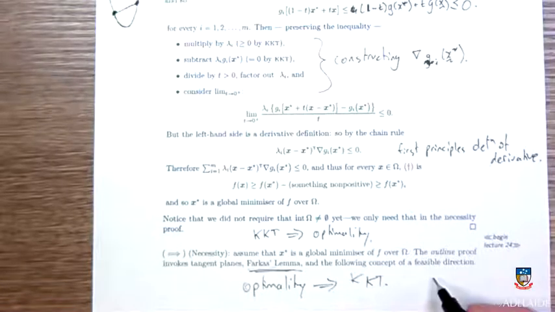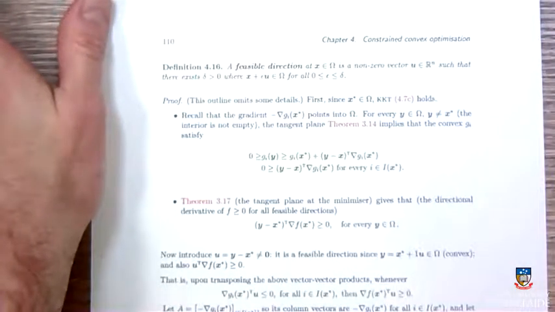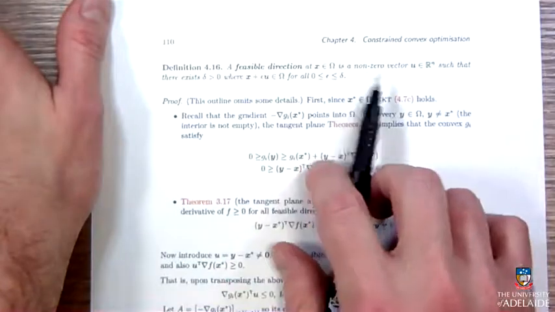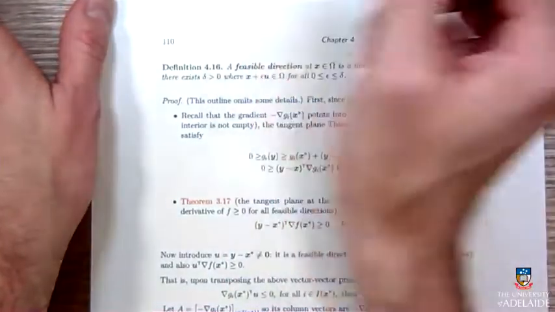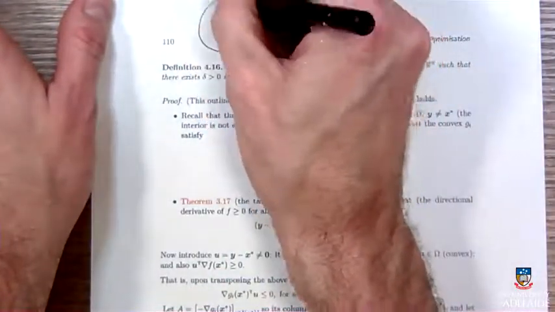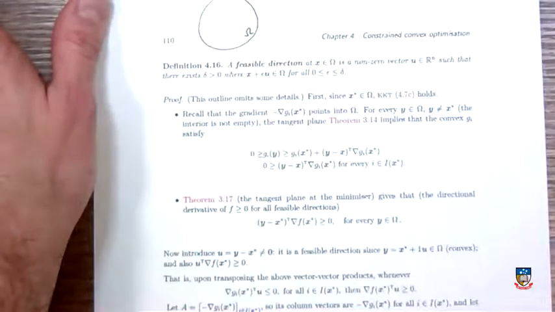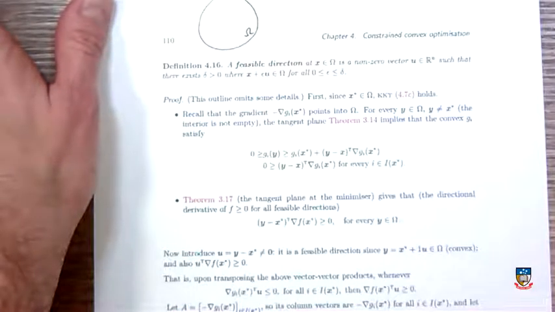I also need something new, which is this idea of a feasible direction. So let's start the proof here. There's a definition of a feasible direction. It's an epsilon-delta definition for people who like that sort of stuff. Let me just talk about what this means. A feasible direction at x within some set, let's say we've got some set omega, is a non-zero vector